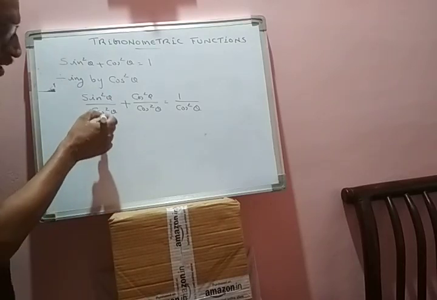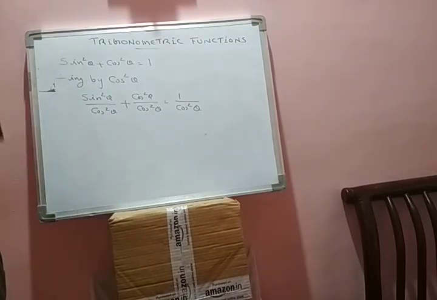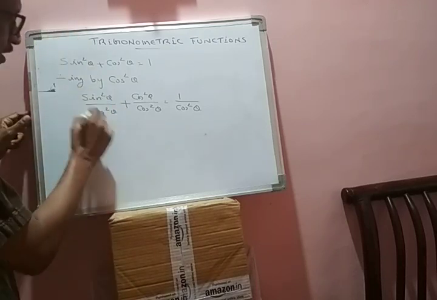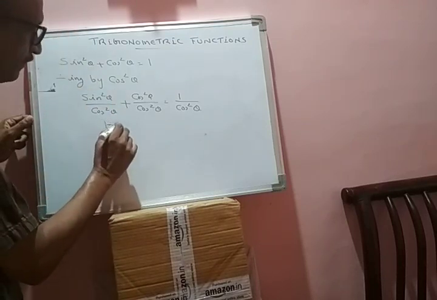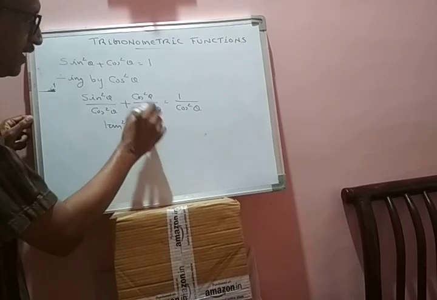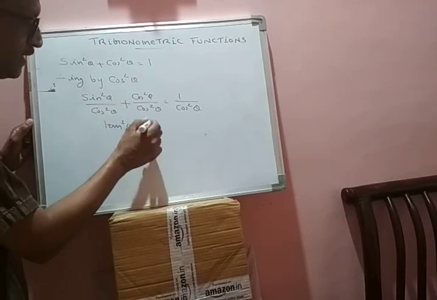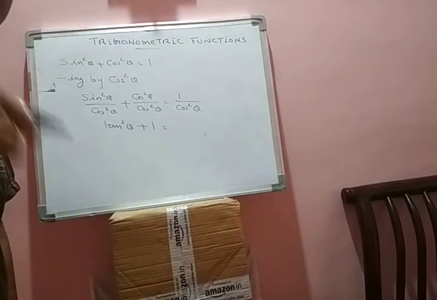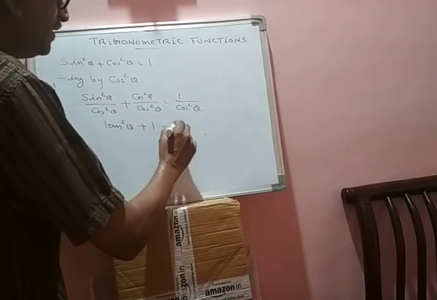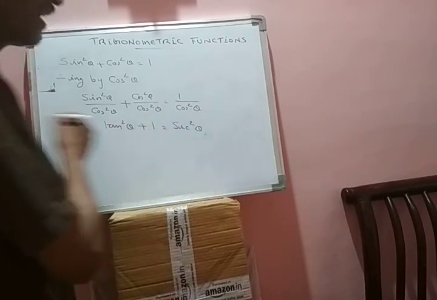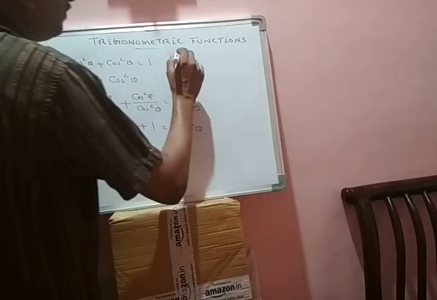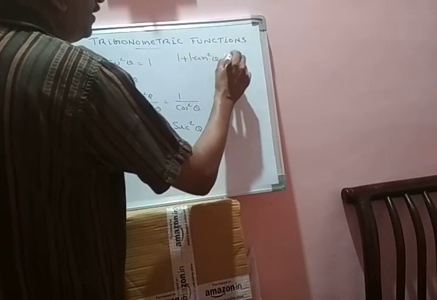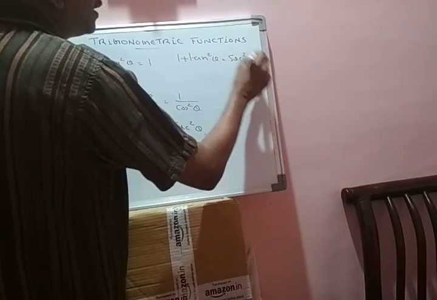Then this is sin theta by cos theta. Sin theta by cos theta is tan theta. Therefore, sin theta by cos theta squared is tan squared theta. So this one is tan squared theta. Plus cos squared theta got cancelled, answer 1, is equal to 1 by cos squared theta. 1 by cos theta is sec theta. Therefore, 1 by cos squared theta is sec squared theta. This is the second fundamental result. 1 plus tan squared theta is equal to sec squared theta. Very important result.